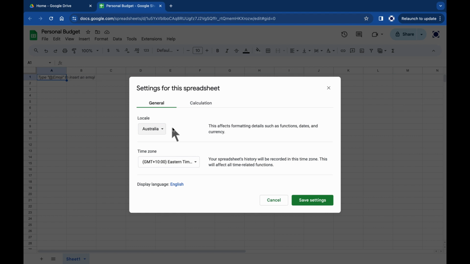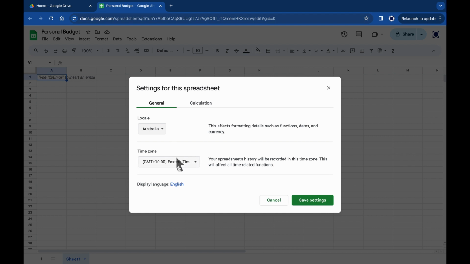And if you were to select another country, then later when it came to calculating a budget, the Google Sheet will automatically start translating English words into the native language of the country selected, which the budget application doesn't recognize. And an error would be produced and the calculation would fail. So Australia has to be selected under Locale in order for the budget application to work.